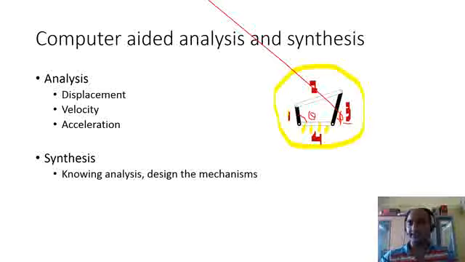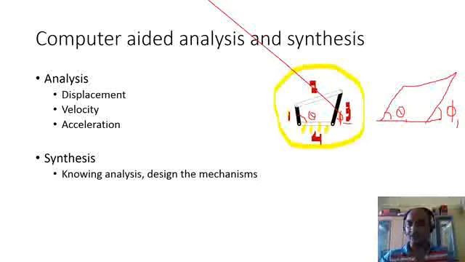Now if you change the position, first position from say this theta to theta 1, say next position is this, say this is your input link, and the angle is now theta 1, rather than your theta. Say another position of this coupler is this, and say this is a phi 1. So corresponding output angle is phi 1. So phi has been changed to phi 1, theta has been changed to theta 1.